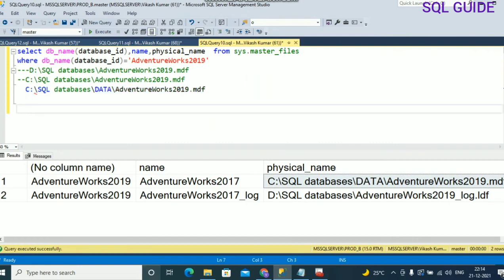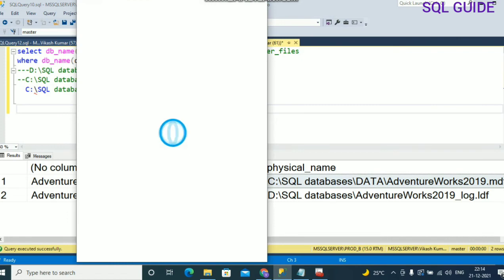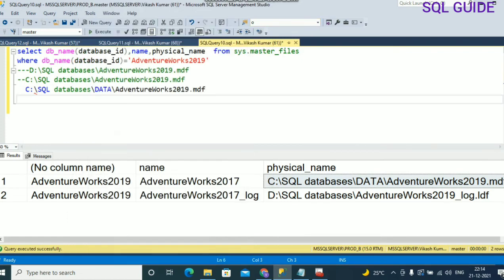So this moved successfully. Now it is time to test. How to test? You have to start the LS backup job on the primary instance.